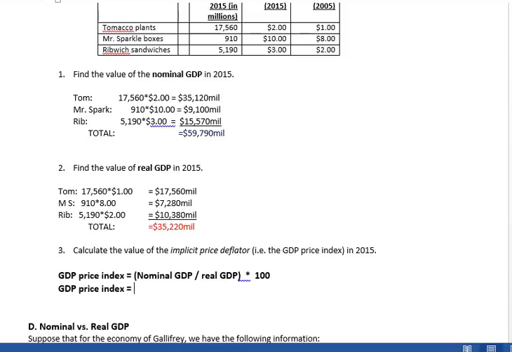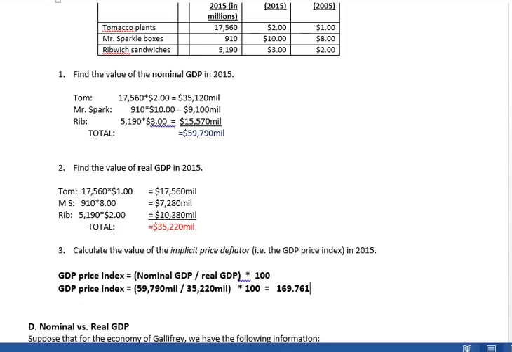Okay, so just plug in our numbers. We're going to take the 59,790, divide by 35,220 million. Okay, and again, put the parentheses around that. So we do the division first. Okay, and you get something like 1.69761. Okay, then we're going to multiply that by 100. So we get a final answer of